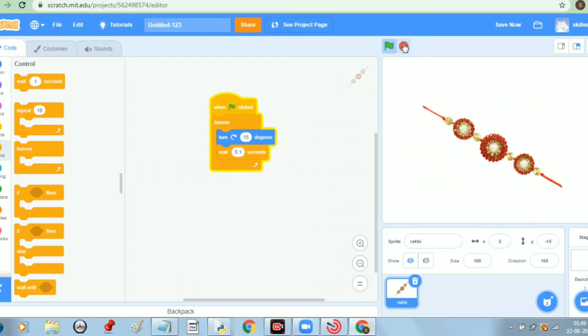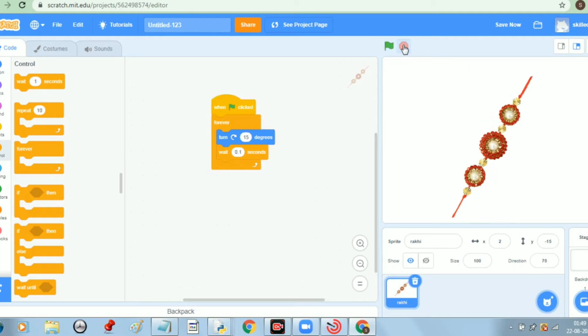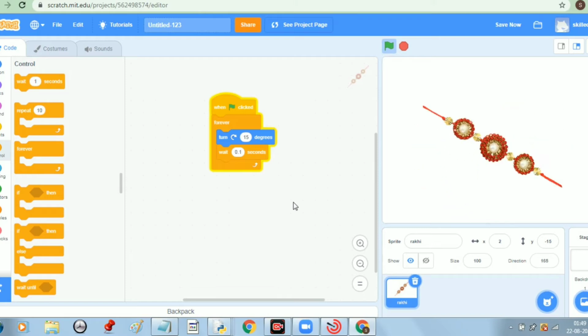Okay, now let us stop this. Let us start our project. Suppose you want to turn your Rakhi 90 degrees. Let's see. 0.5. It is up to you what type of animation you want to give.